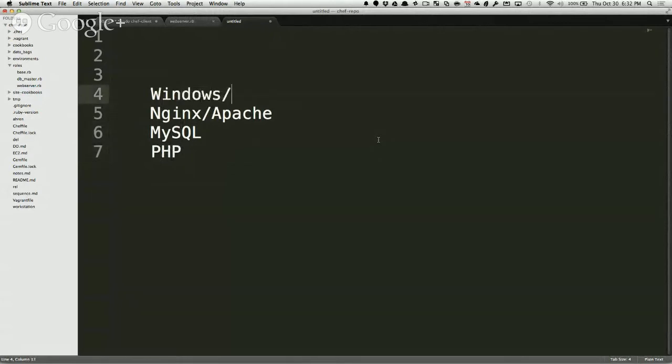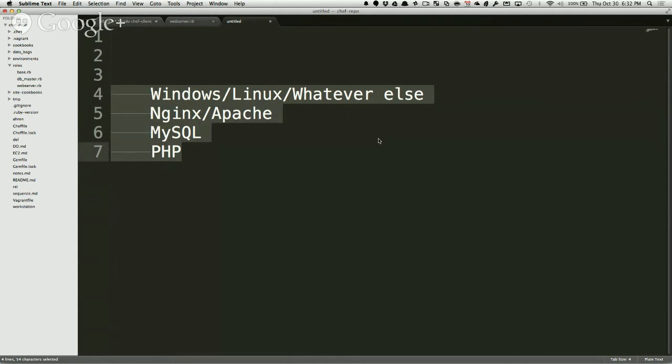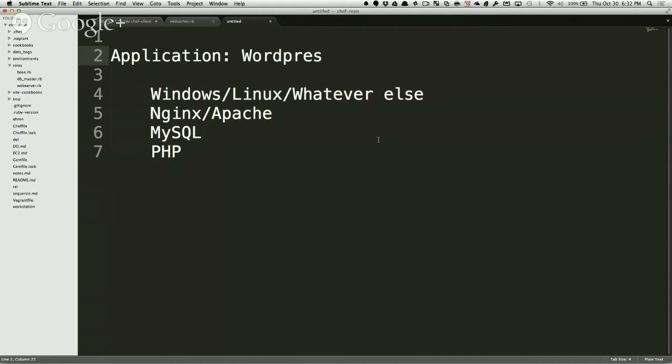Here they give you the option of Windows or Linux or whatever. They don't care. This is a platform, right? This is the operating system. When we talk about IaaS, SaaS, and PaaS, these things together constitute a platform. On top you have the application, and that is, in this example, WordPress.